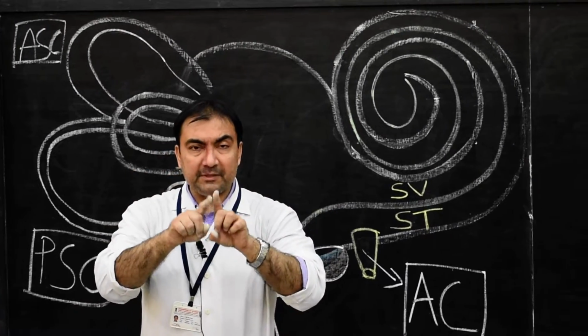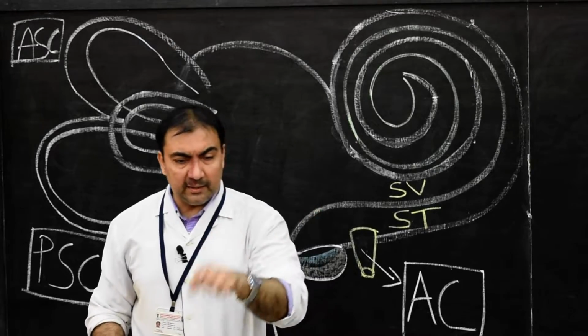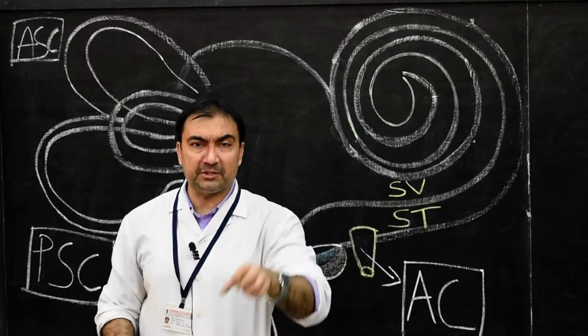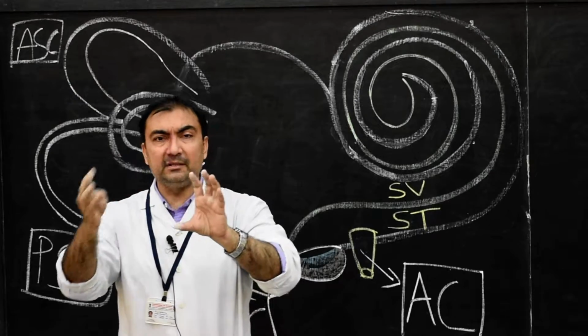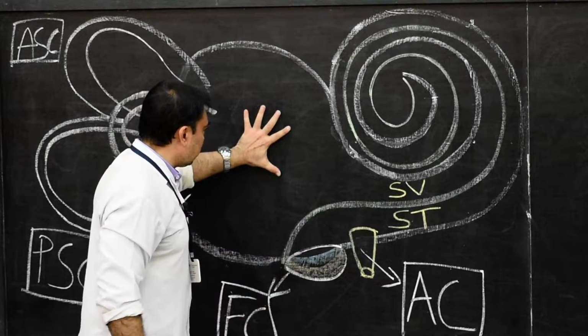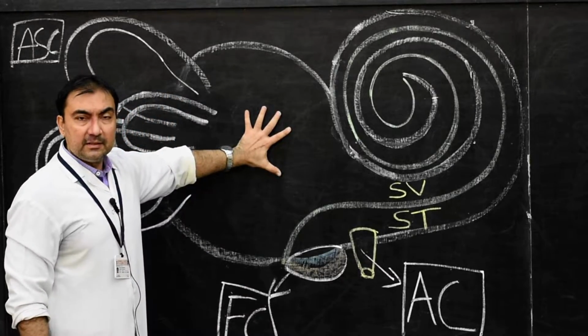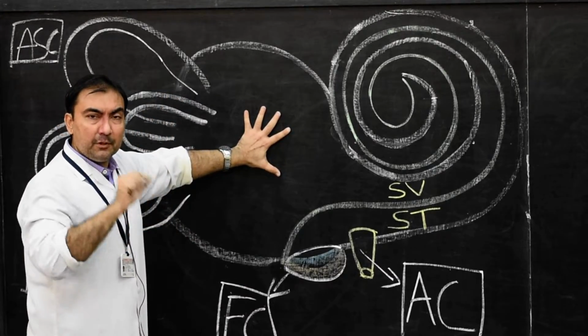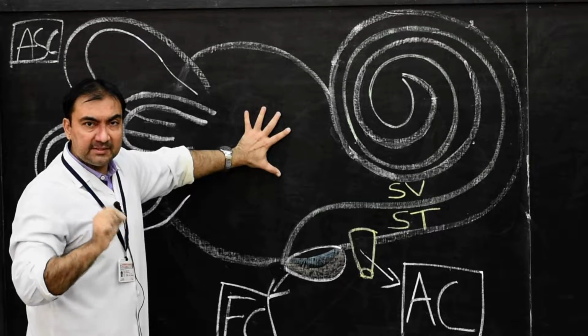Along with the foot plate of stapes there is the annular ligament. So the annular ligament and foot plate of stapes will close the fenestra vestibuli, which is an oval opening present in the lateral wall of the vestibule. Now we come to the medial wall of the vestibule, where my hand is. In this medial wall of the vestibule we fill in various important structures.